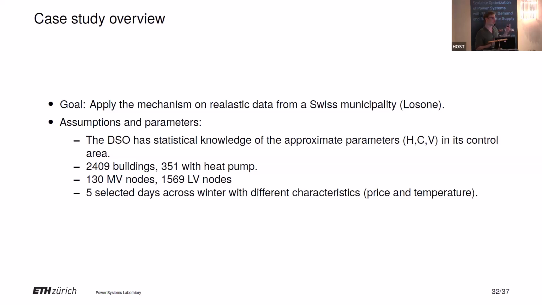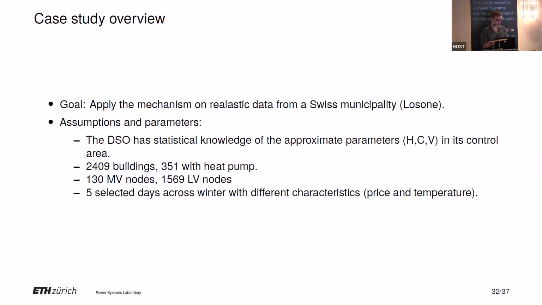So the heat transfer and the capacitance, realistic data for all the buildings of this municipality, and there are more or less 2,400 buildings and 350 heat pumps, and we also have synthetically generated grid data for this